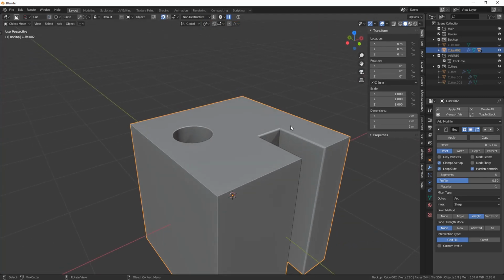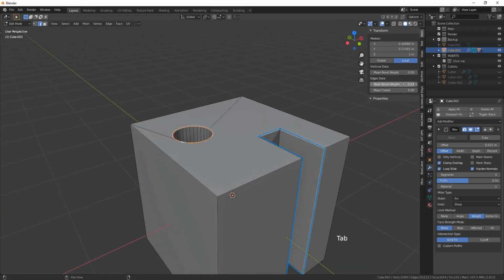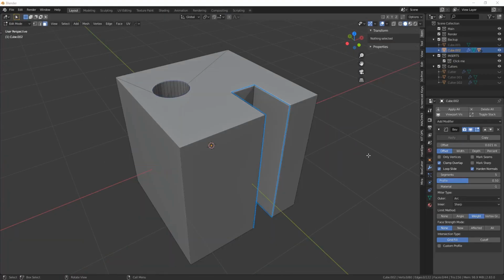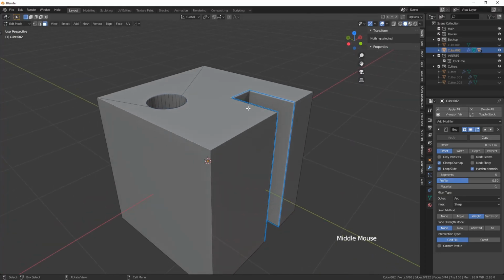Most of the time, if you want to have different levels of bevels, you either adjust the mean bevel weight, or you can also use something called a step bevel. It's a little bit out of the focus of this course, but that's basically how the bevel modifier works in a nutshell. Now you also have the option to mark certain areas with seams, and usually you use seams for